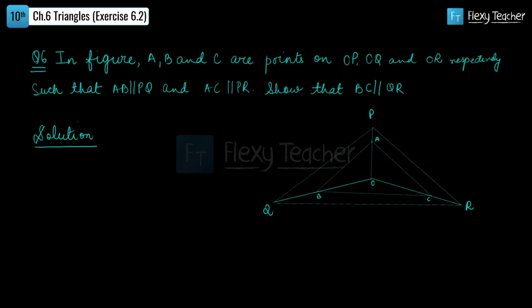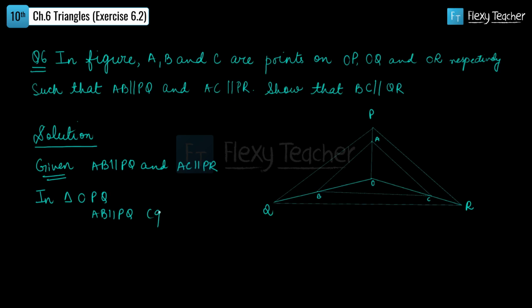Okay, so हमारे पास अभी कुछ गिवन चीजें हैं. Given that AB is parallel to PQ and AC is parallel to PR. Okay. So friends, जब हम first case की बात कर रहे हैं when AB is parallel to PQ, we are talking about AB and PQ. So if we see AB parallel to PQ belongs to triangle OPQ. Okay. So in triangle OPQ, AB is parallel to PQ.